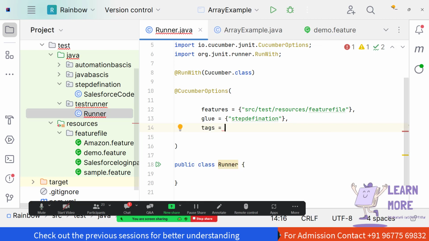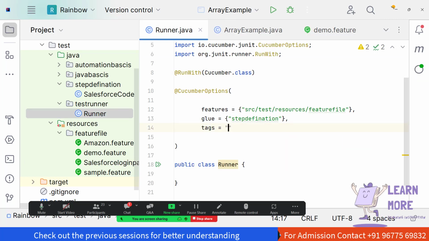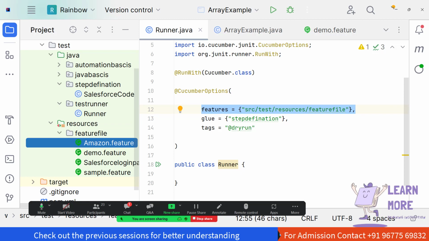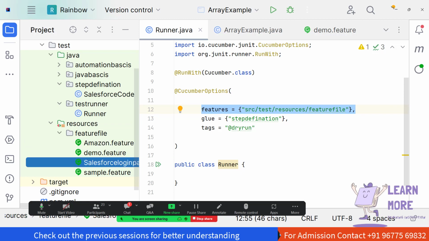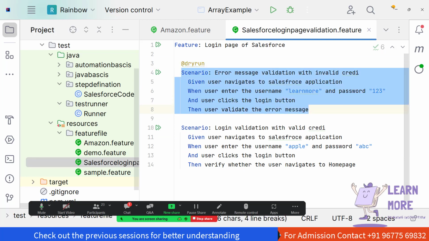Now I'm providing the tag. What is the tag we have created? The tag we have created is at dry run, so I'm using the tag at dry run. Now whenever we provide the tag, it will scan for the tag in the feature file location. It will scan Amazon.feature, demo.feature, and sample.feature. Wherever the tag matches, it will execute the scenario below the tag. So now let me try to